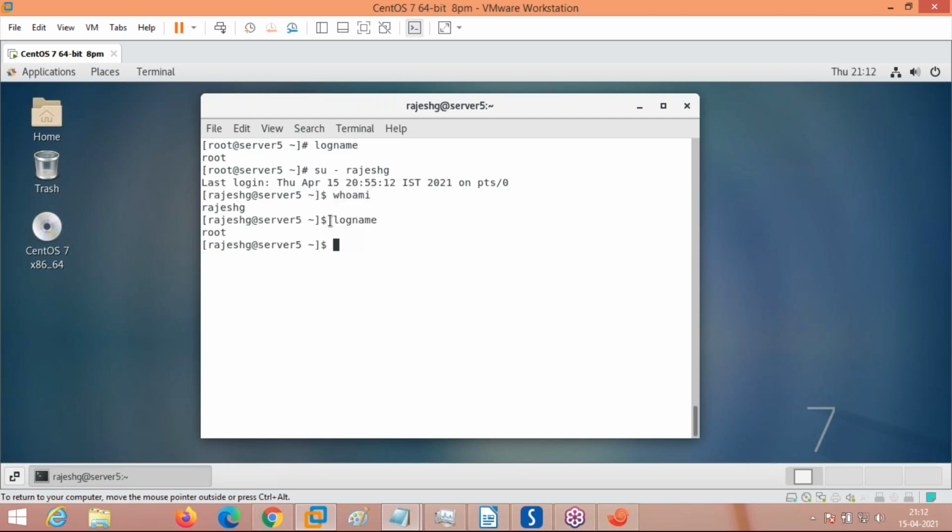Logname shows the login user who has logged into the system when the system booted. That is the name of logname. Okay, that is the difference between whoami and logname. I am exiting. If you want to come back to the same login, just give exit. You will again come from Rajesh G login to root login.